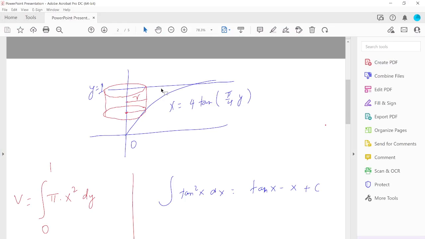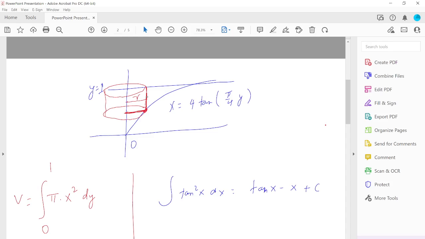When you revolve this around the y-axis, we can use a cylinder like this. This is the part we can use at a point on this curve, and then the distance of that point from the y-axis, this one, is x, which is actually the radius of this cylinder. So we can find the volume of this cylinder by